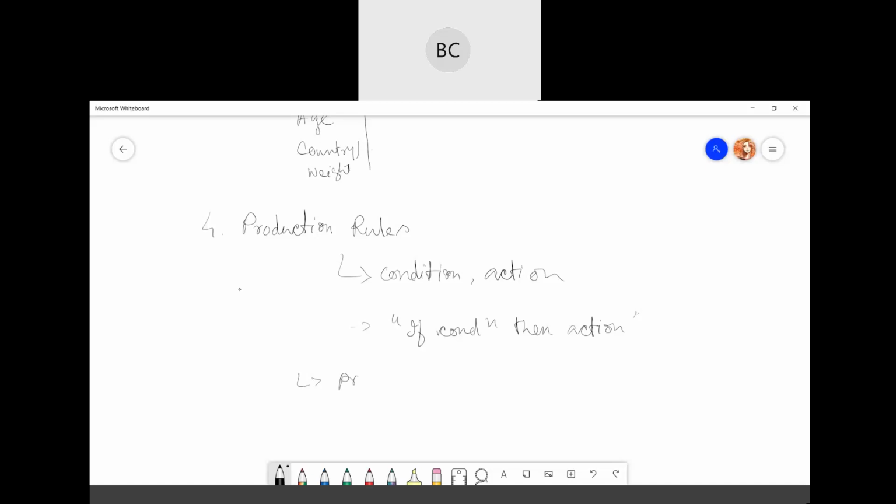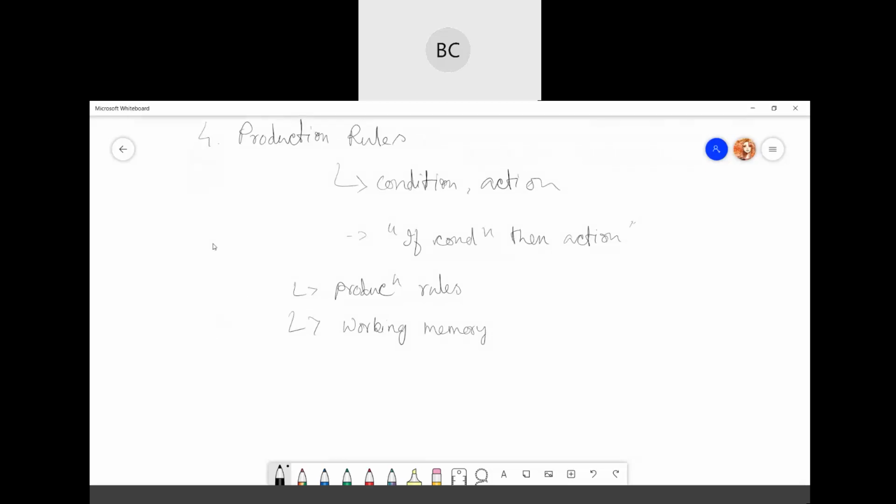There will be production rules, then there should be some memory to remember what happened earlier, and third is the recognize-act cycle.